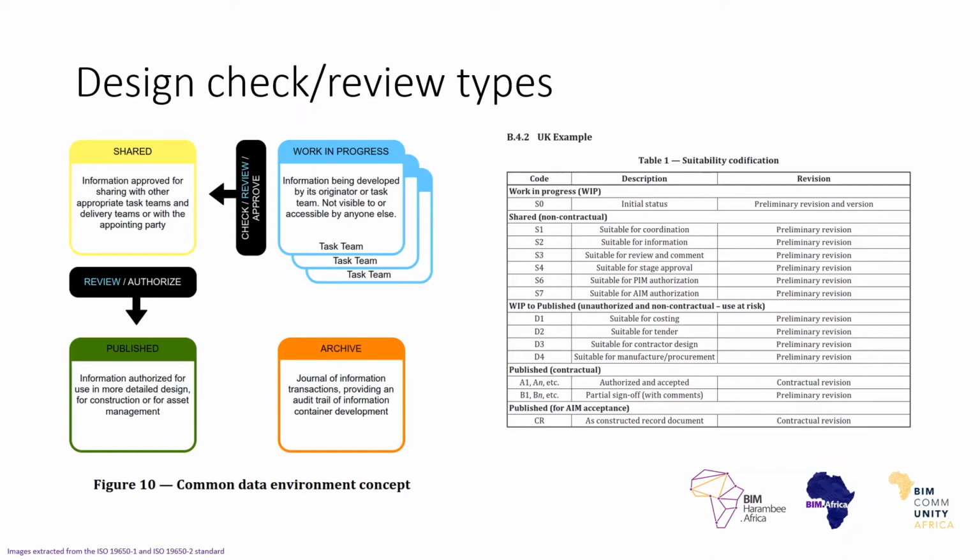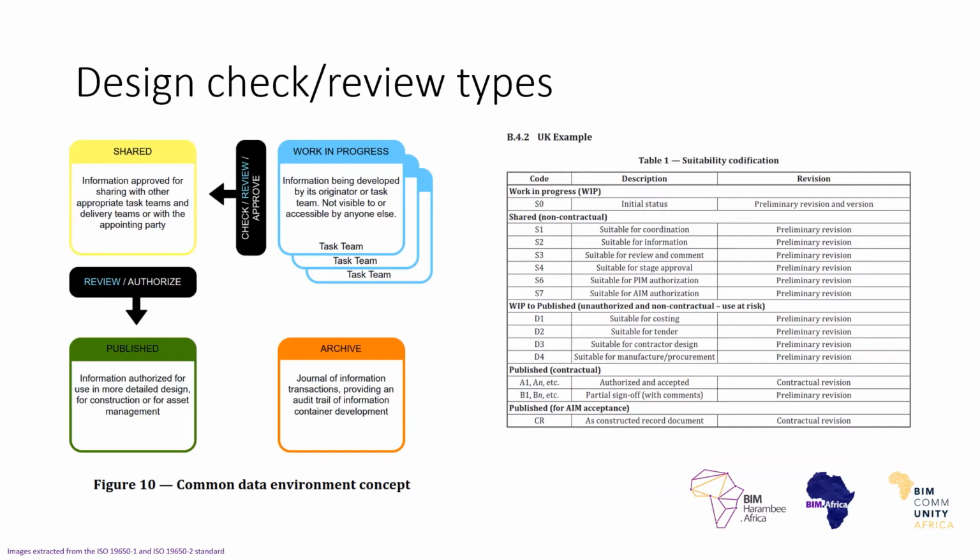Okay, so within businesses and companies we do have different types of checks and reviews. At ACOM, we have a lot of checks and reviews and verification processes, and it's quite complicated, just because of the nature of the scale of projects we work on and the scale of our business. But essentially, in each company, there should most times be some form of checking process and some sort of review